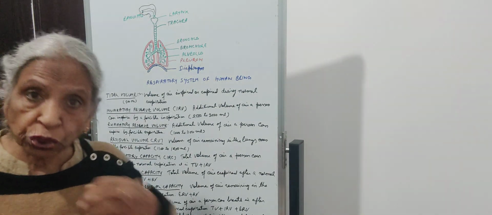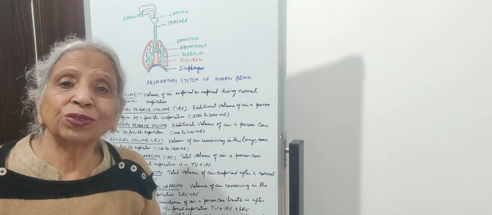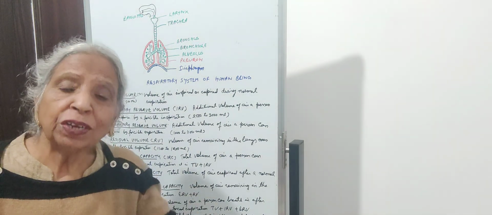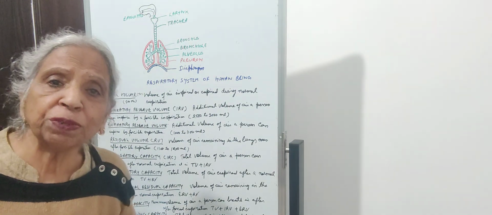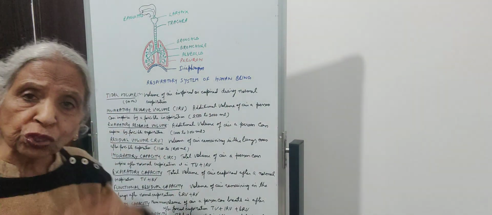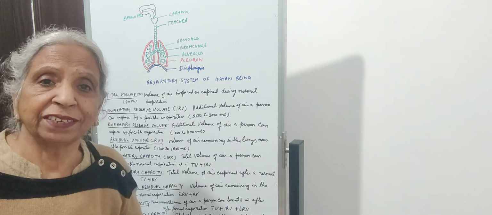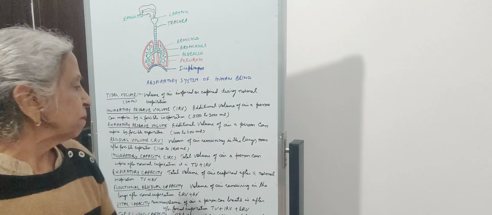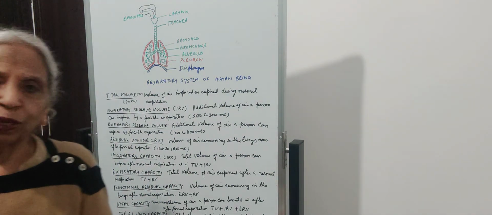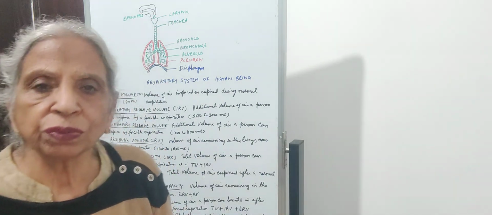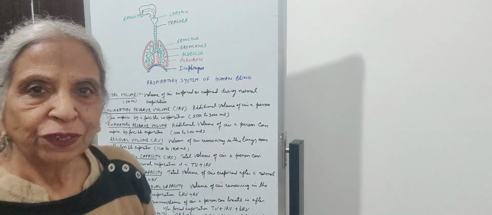जैसे हम कहते हैं ना, जोर से सांस लो. So in addition to the normal volume in normal respiration, अगर हम जोर से सांस खींचते हैं, लंबा सांस खींचते हैं, that is called the inspiratory reserve volume. It is near about 2500 ml to 3000 ml.